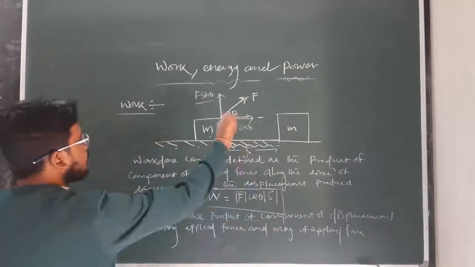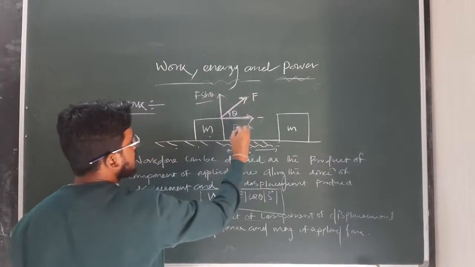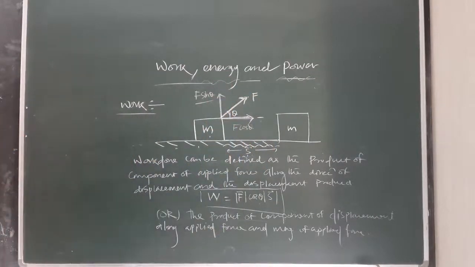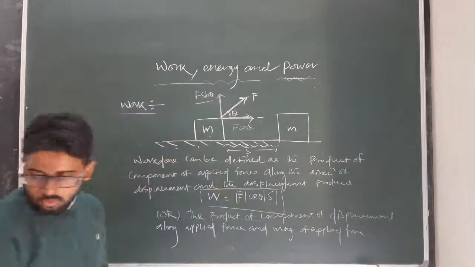Clear? So as here we are splitting the applied force into two components, one is along the direction of displacement and another one is perpendicular to the direction of displacement, or else here we can split the displacement vector into two components, one is along the direction of applied force and other one is perpendicular to it, like this. So as here this is the direction of displacement, so here we can